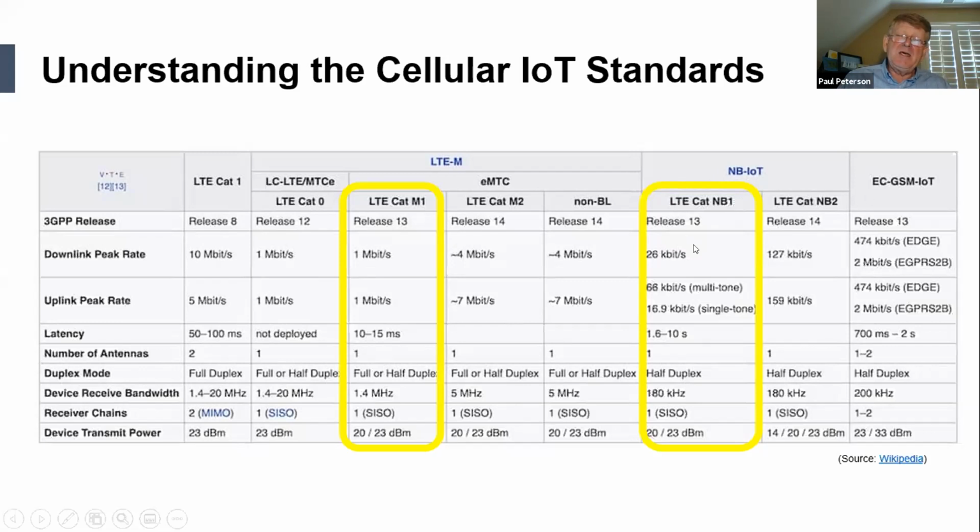And NB-IoT is actually very interesting as well. This is now getting much wider coverage as we go through, for example, the US. So these are the two standards, M and NB-IoT. Now, NB-IoT is significantly less. Here we're talking about 26 kilobits per second download. This puts it in the range of things like LoRa. But if we're dealing with small amounts of data, this is going to be a much lower cost. We hear terms like sub $10 modules for NB-IoT, and even Cat M to a degree.